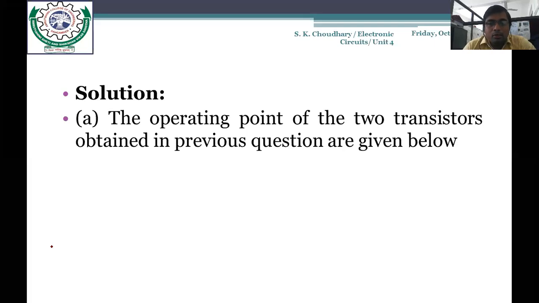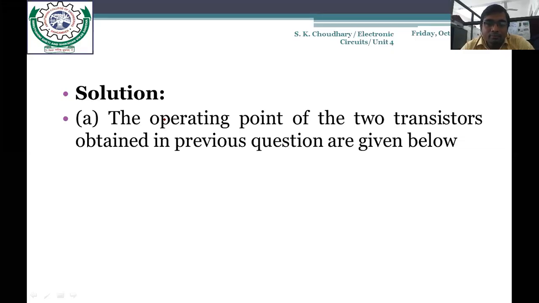There is no answer or no reply from your end. That means you are not mentally present in this lecture. See, this is the step-by-step calculation and this is the step-by-step analysis I am teaching you. If you do not see or learn the basics of this circuitry or its analysis... we have already learned the MOSFET based circuitry. Now we are learning the op-amp, and in the op-amp we are learning the BJT based circuitry.